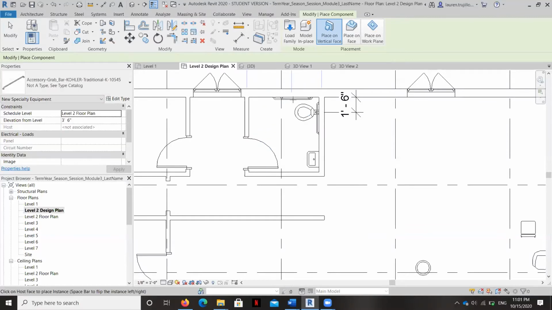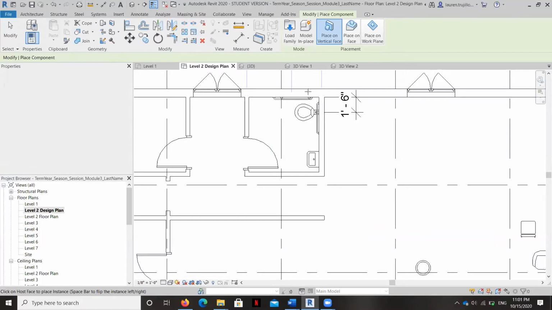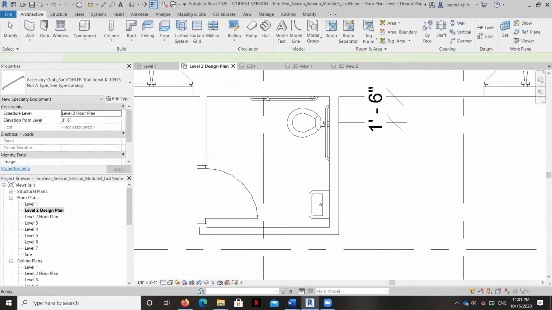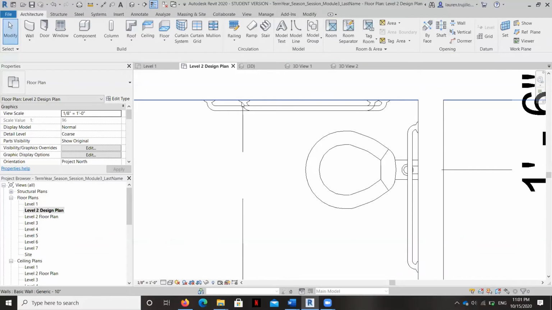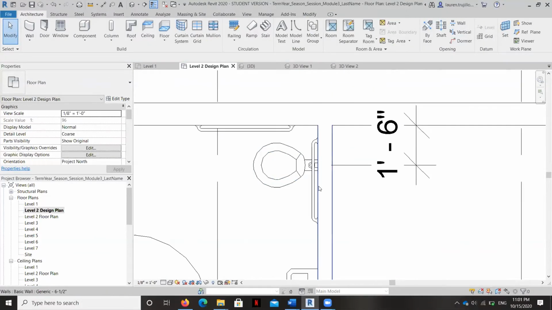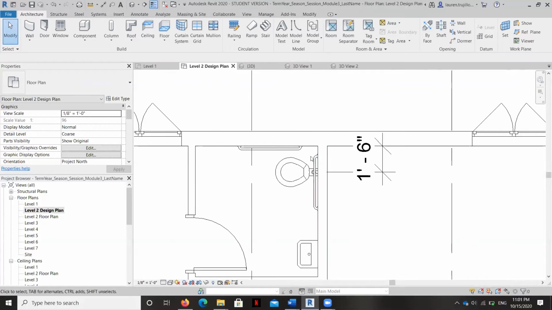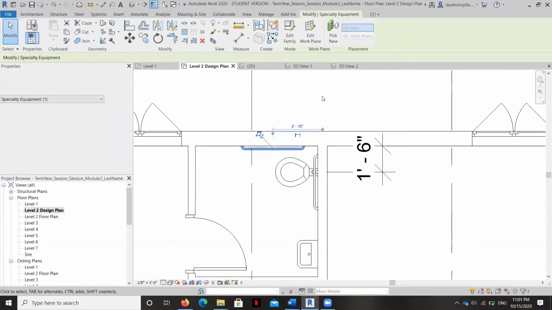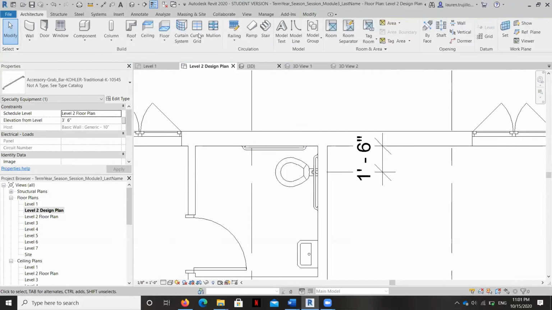Let's see, there's the longer one. And this distance, I believe, has to be about 12 inches, at least.